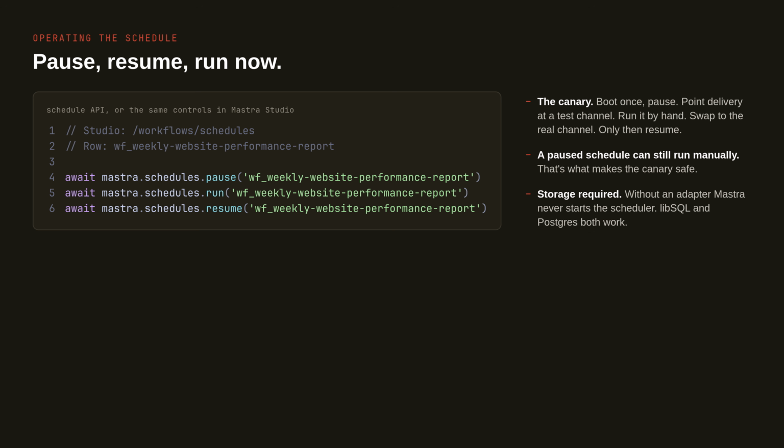When you have these schedules, you can also go ahead and do things like pause them, run them, or resume them. So you have an API to be able to do all of this. And like I mentioned before, you don't want to call create more than once because you'll get an error that says that it already exists. So it's really a one-time operation to seed that into the database and avoid calling it in the future.